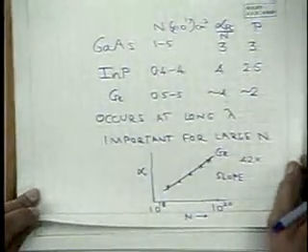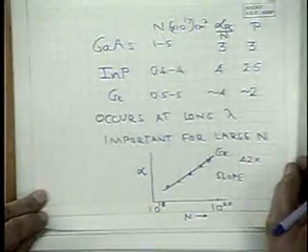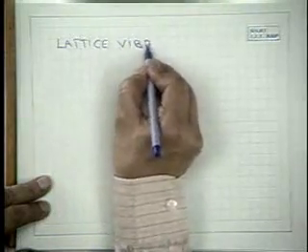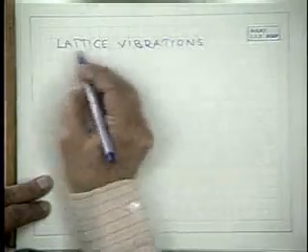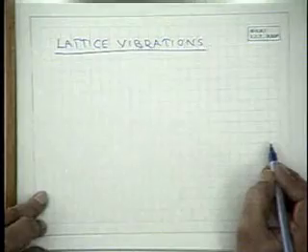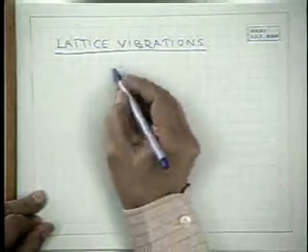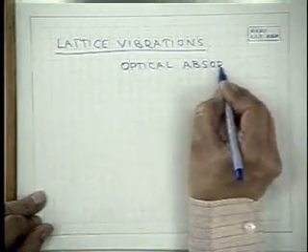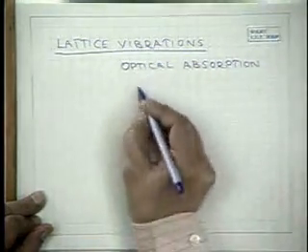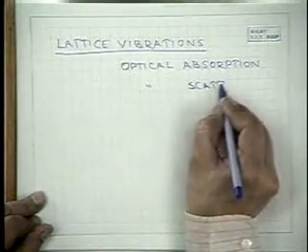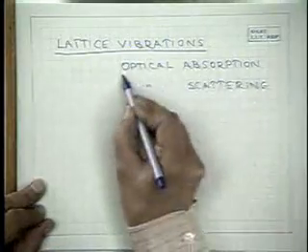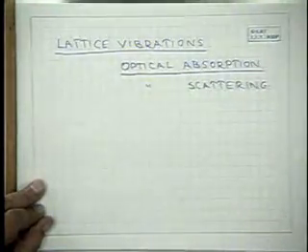So now let's come to processes that involve these phonons, which are nothing but lattice vibrations, and these can also result in optical absorption, and they can also give rise to scattering, as in the case of Raman scattering or Brillouin scattering. We will mainly be concerned with optical absorption, and